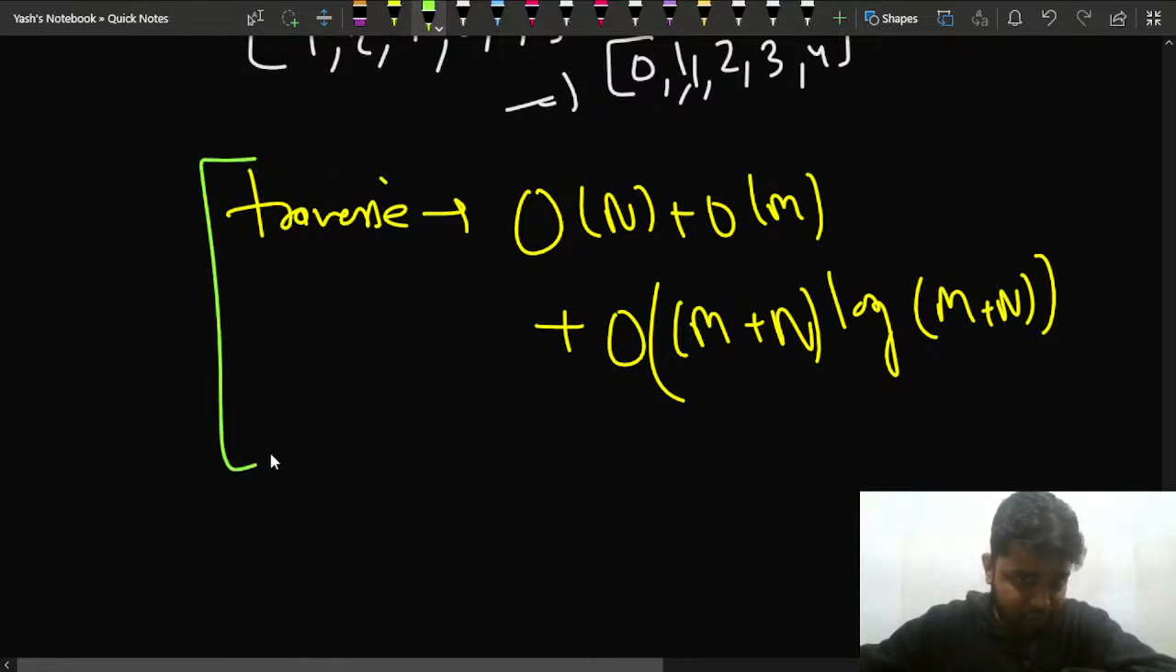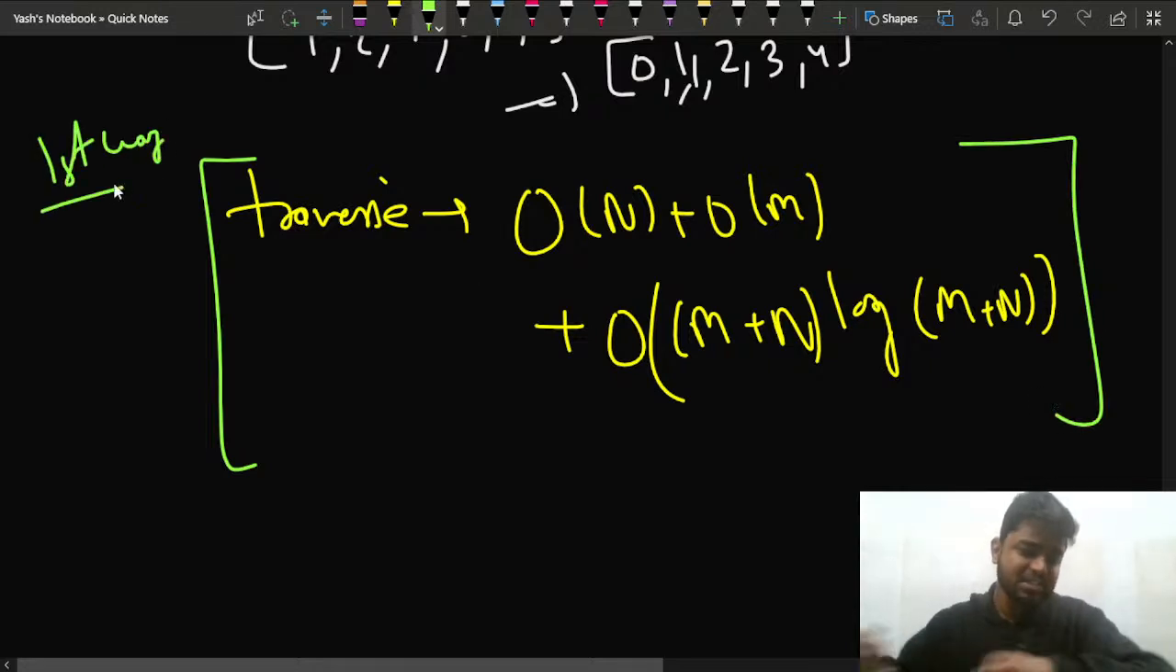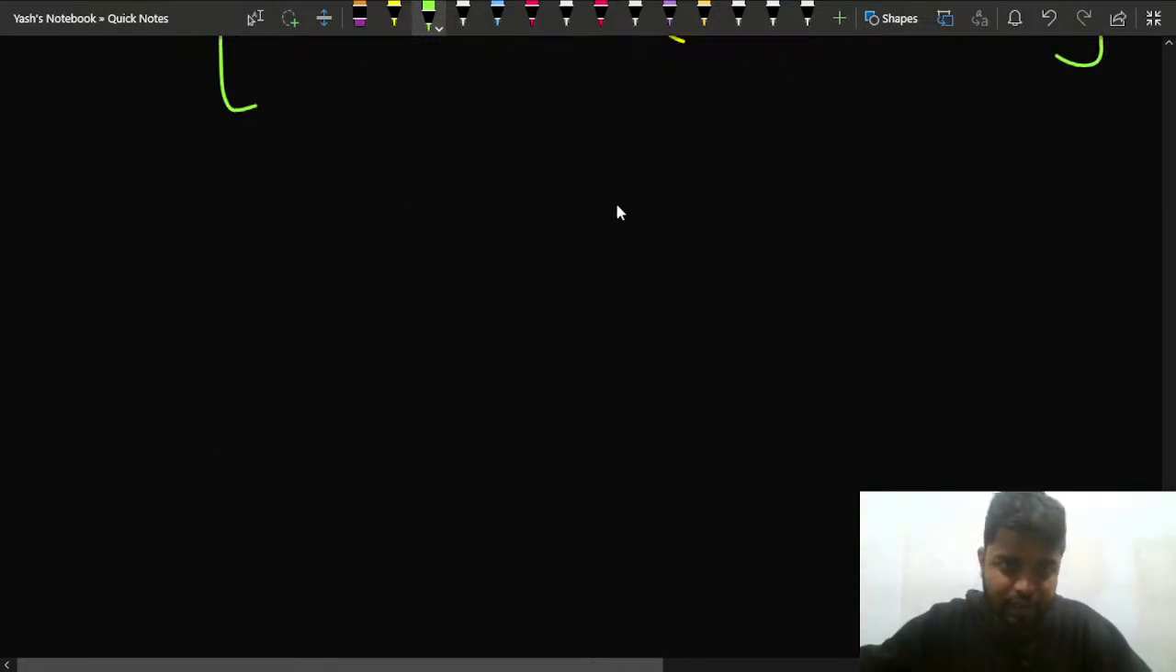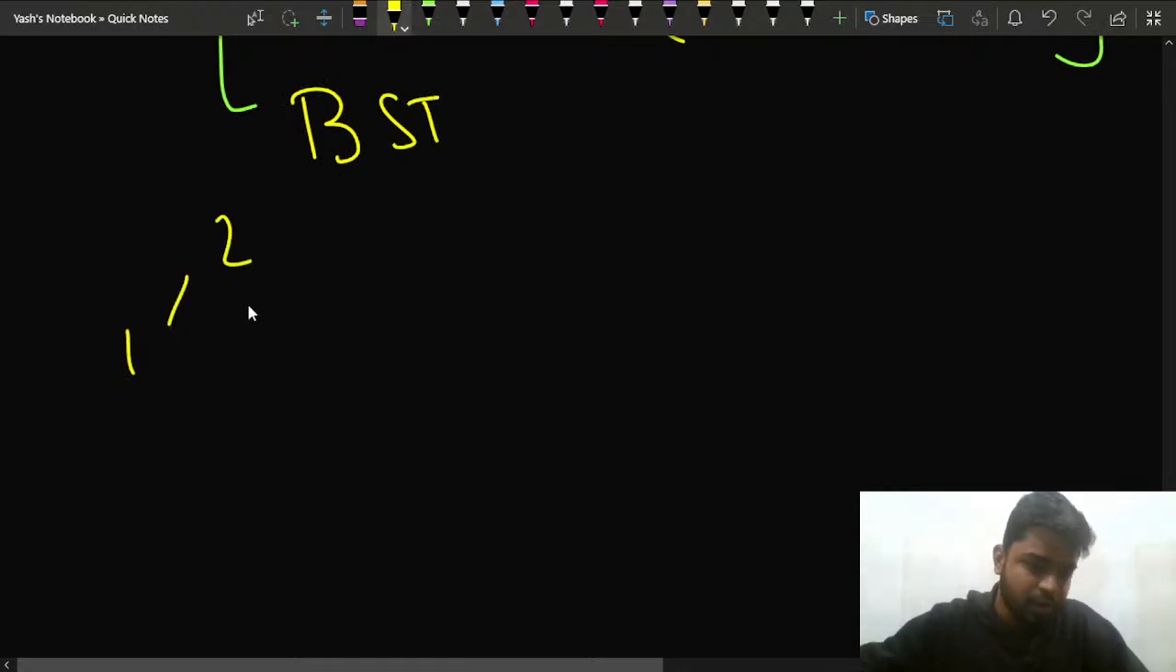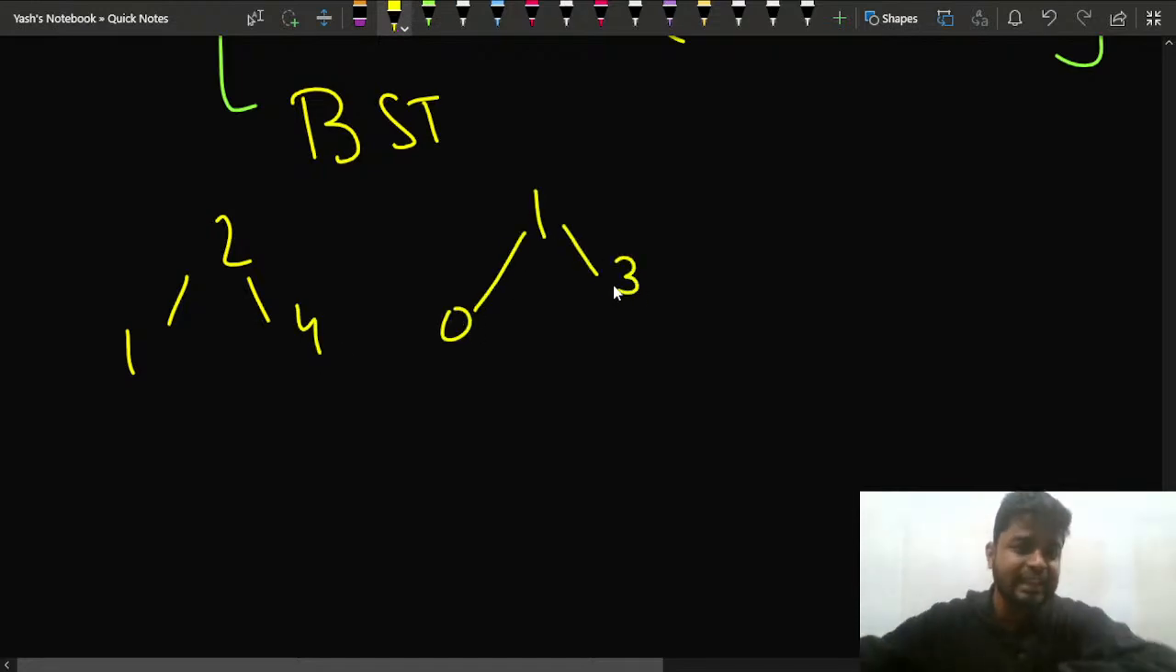So this is one of the ways, the first way to do this problem. Now there is a second approach as well. If you have a binary search tree, let's say the tree is like this, and here you have 4, and here you have 0, 1 and 3, something like this. If the tree looks like this, then in that case we know that